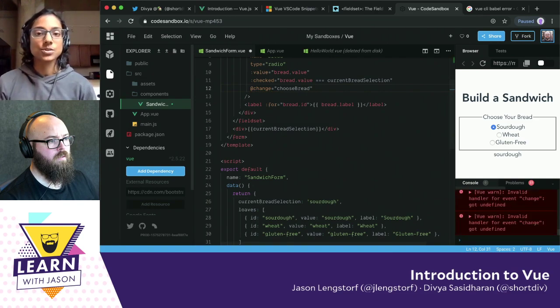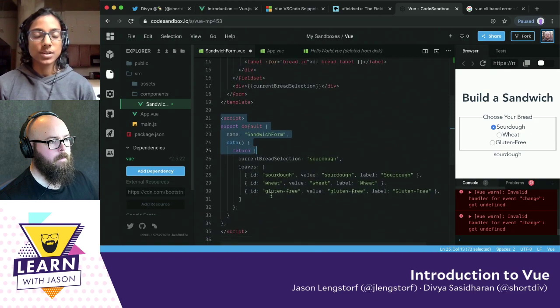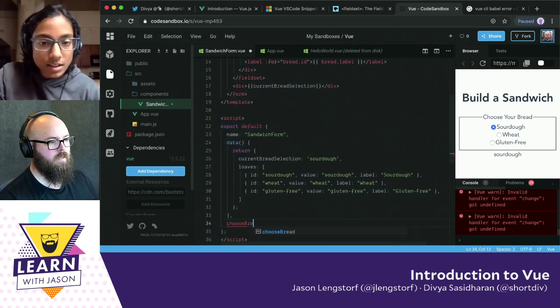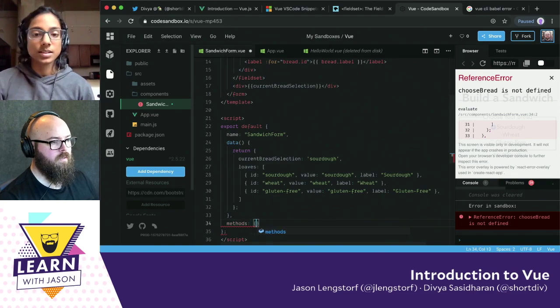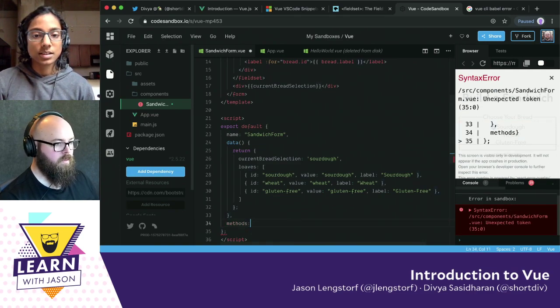In line 12, choose bread. And then in your actual script piece, we can do it after data, after the close of data. So you do a comma and you would do methods actually. So it would be methods colon, and then open curly